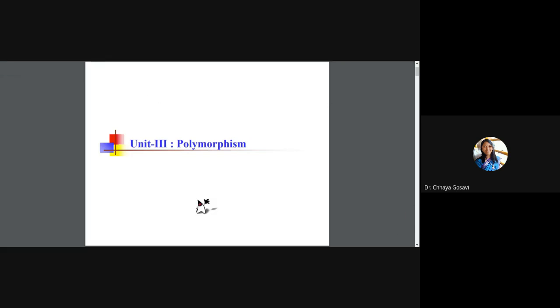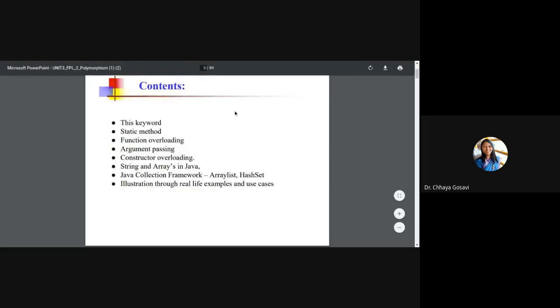So unit number 3, that is polymorphism. We are already familiar with this term: what is polymorphism and how it is implemented in Java. Unit 3 will explore more on that. In this unit, we are going to cover the this keyword, what is the meaning of this, then the static keyword: what is a static variable, static methods, and what is the use of the static keyword in Java.